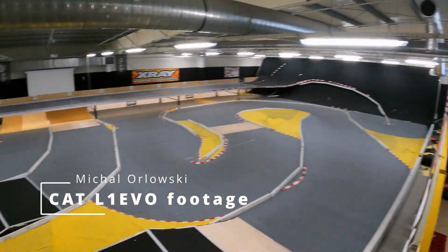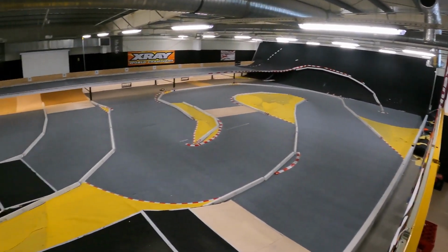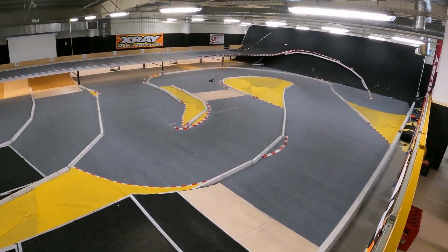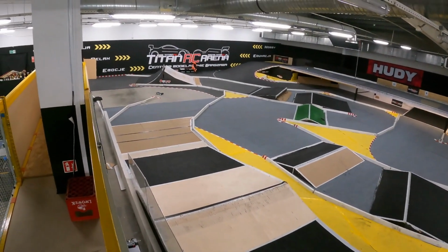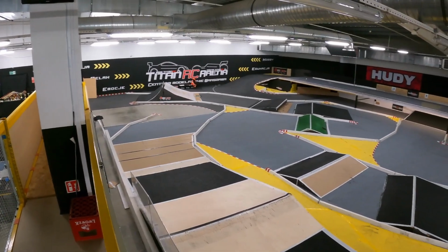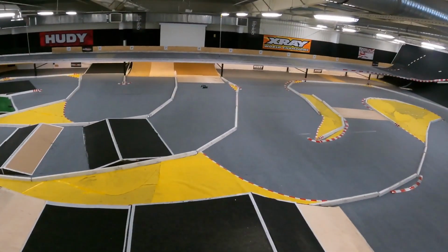Later on in 2008, Schumacher were going to reinvent their premier RC off-road racer after prototype and revision, the Cat, this time calling it the Cat SX. This was sort of a precursor to the modern Cat L1 we have now with its belt drive design, mostly due to the fact that at the time it was special for the fact that it was able to handle